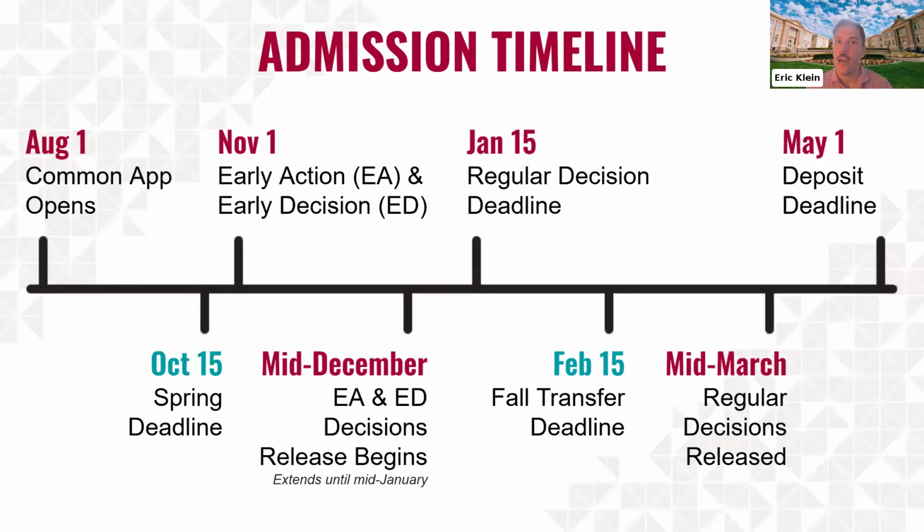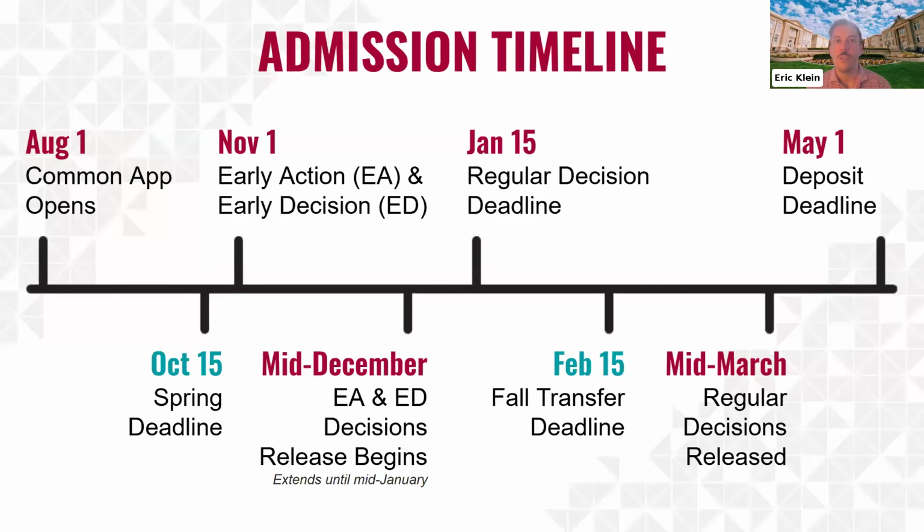In terms of the timeline and what you all can expect with decisions and when you should be hearing from us, I do know there's a few families who have registered who are also just beginning this process. So August 1st is always the most important date to be mindful of as you begin the application process. That's when our application opens. We exclusively accept the Common App, so your student can create a profile for themselves at commonapp.org and begin building your profile and then looking at all the different schools that are Common App accepting, Chapman being one of those.